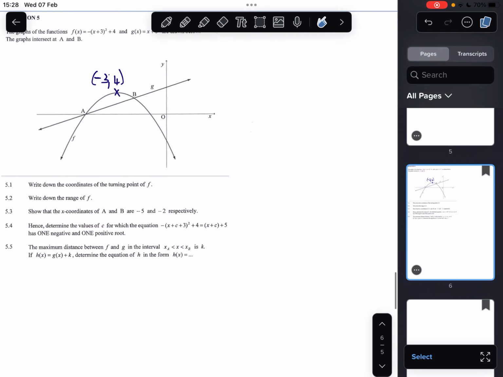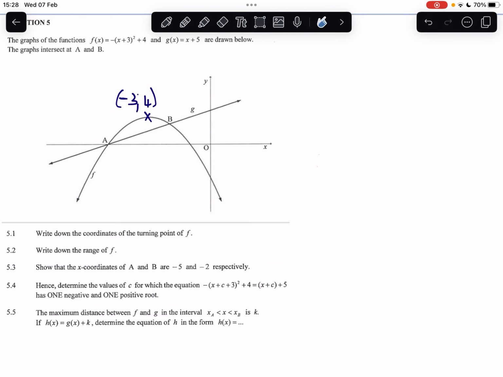Okay, right. So, next question says, hence